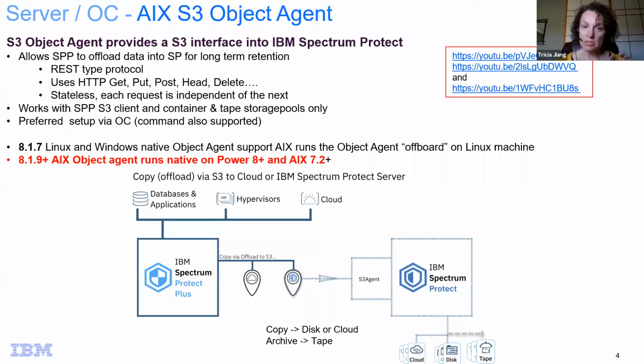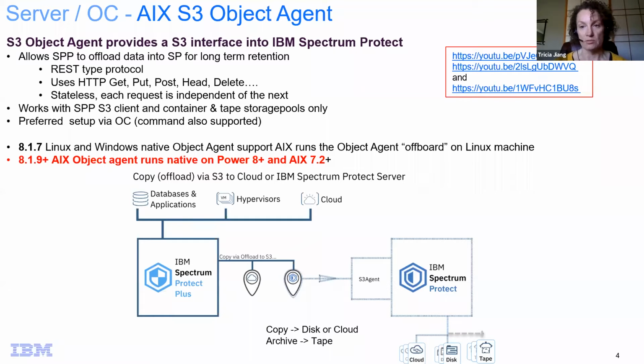The first releases that we're putting out there are just going to be accepting the Spectrum Protect Plus data as an S3 offload. And in version 8.17, we introduced a Linux and a Windows native object agent